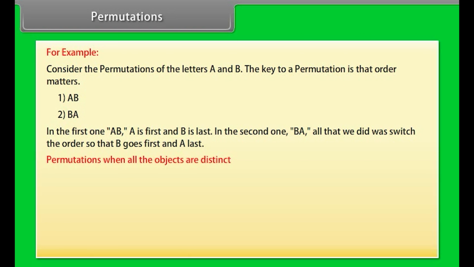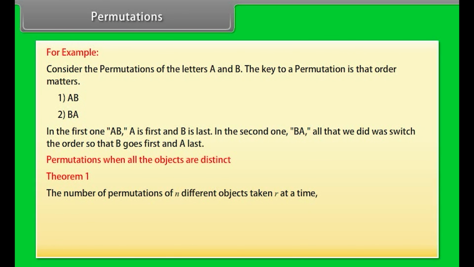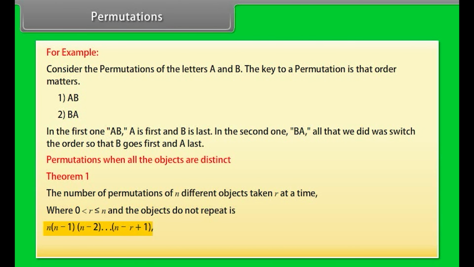Permutations when all the objects are distinct. Theorem 1. The number of permutations of n different objects taken r at a time, where 0 is less than r is less than or equal to n and the objects do not repeat, is n into n minus 1 into n minus 2 up to n minus r plus 1, which is denoted by